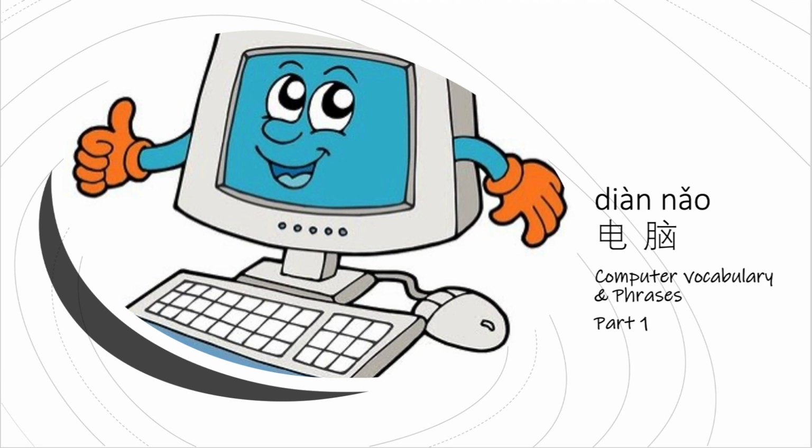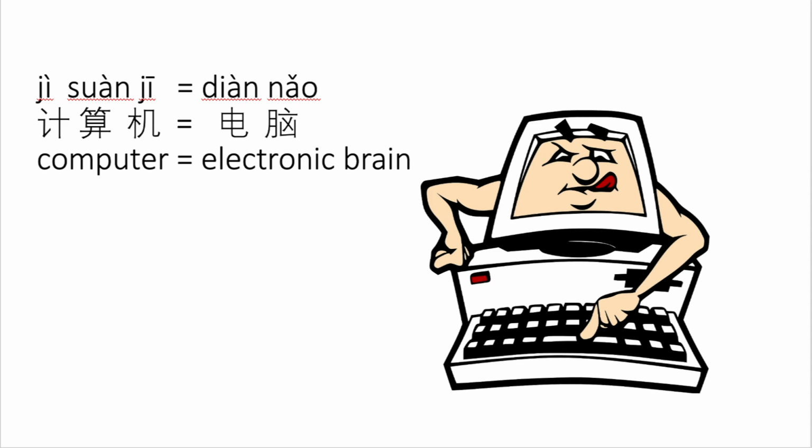Wait, there is another way to say computer, that is 计算机. 计算 means calculate. 机 is a short form of 机器, which means a machine. So 计算机 means calculator machine or calculating machine. So when we first invented computer, we used it mainly for calculating, and then we developed more and more functions of a computer. Isn't that amazing?